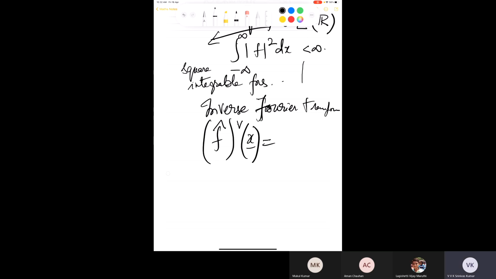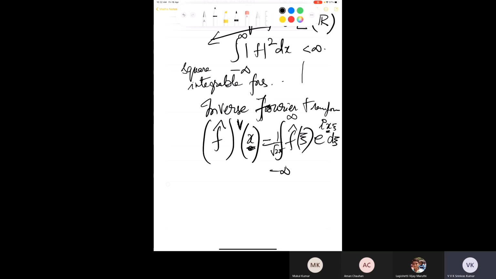At the point x it is the integral from minus infinity to infinity. Already f cap at xi is there. So now it will be plus i x xi, not a vector here, x is a scalar only, so exponential i xi x d xi. Also we have a factor 1 upon square root of 2 pi. This is f check. So using these two things, we can obtain the representation formula for the